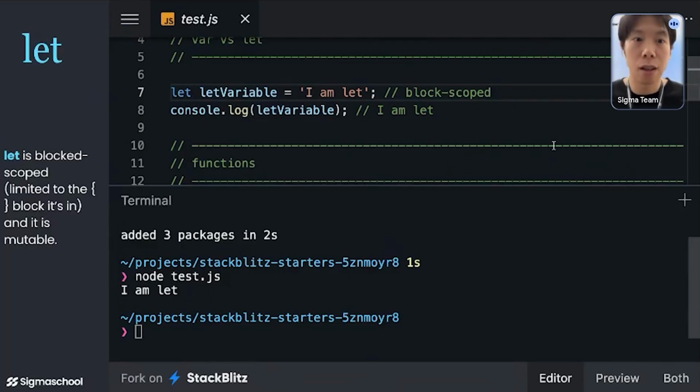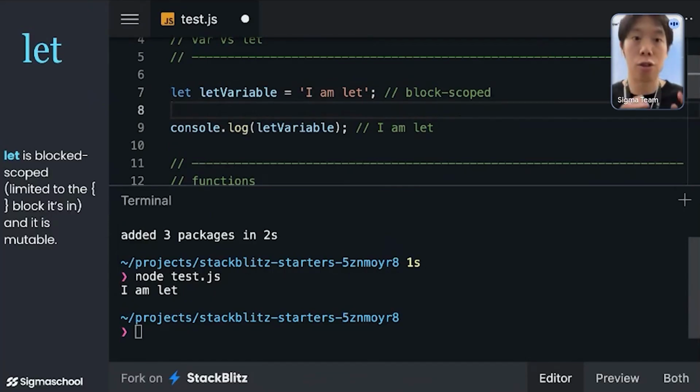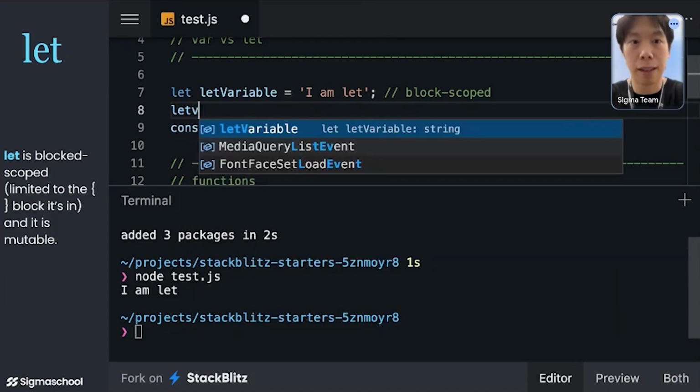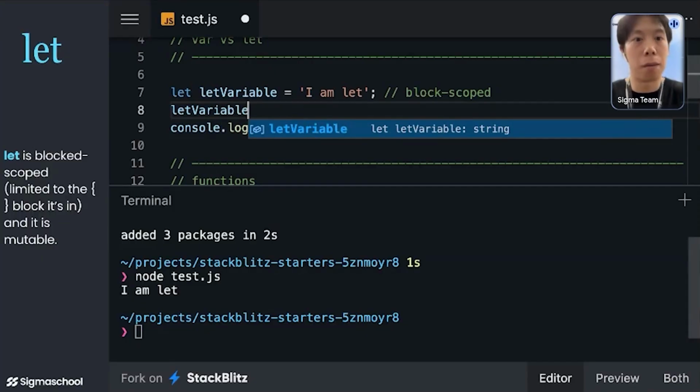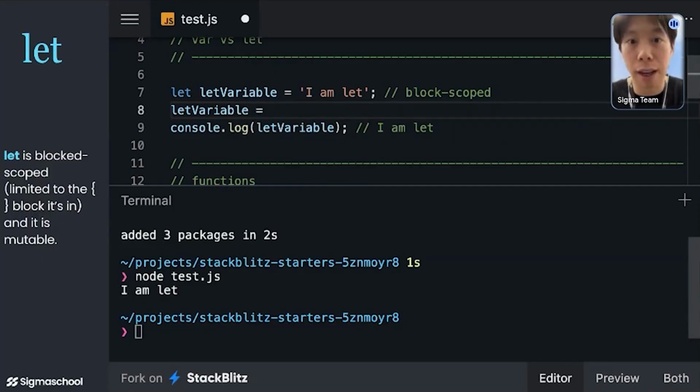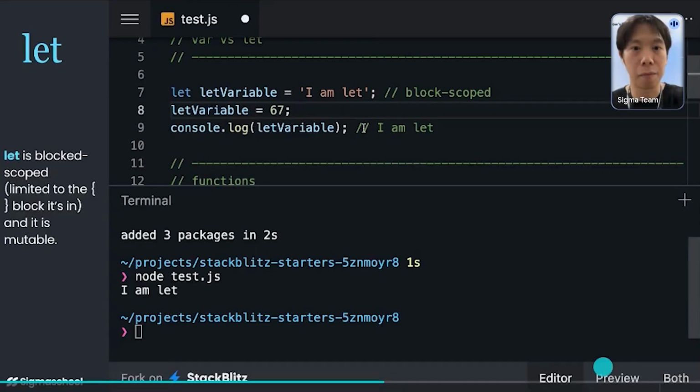In this case, if it's const, you can't change it, but because you declared this variable as a let and it's mutable, you can later decide, okay, I actually want to store let as 67, right? I save this, and let me run my code again.